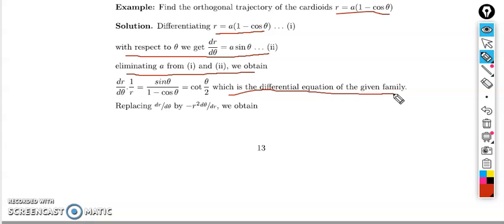So when you find the differential equation of the orthogonal trajectory, you have to replace dr/d theta by minus r square d theta/dr. If you use your IQ, in that case you can also recognize that this portion, 1 by r dr/d theta, should be replaced by